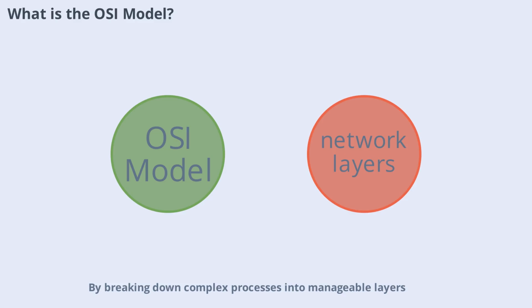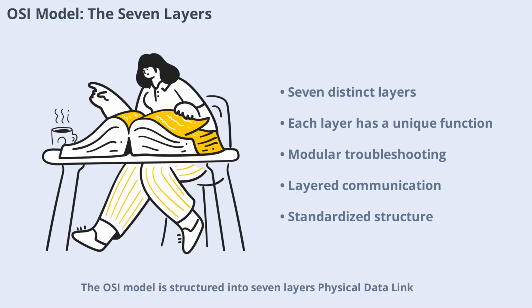By breaking down complex processes into manageable layers, the OSI model makes it easier to pinpoint where problems might occur in a network. The OSI model is structured into 7 layers: physical, data link, network, transport, session, presentation, and application. Each layer serves a unique purpose, from handling raw data transmission to managing user interfaces. This layered approach allows for modular troubleshooting and development, as each layer interacts only with the layers directly above and below it. Understanding these layers is crucial for anyone working with networks, as it helps clarify where specific protocols and